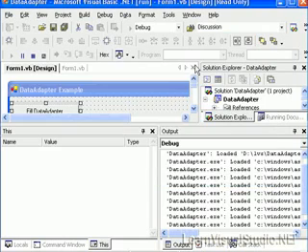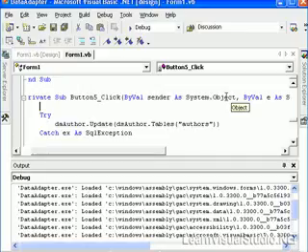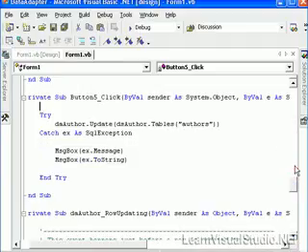Go ahead and click our button, and in just a moment, notice that our data appears. So we've successfully retrieved data from our data adapter, put it into a data set, and then bound that data set to our data grid. Let's close the application. The next thing that we want to do is take a look at this update data